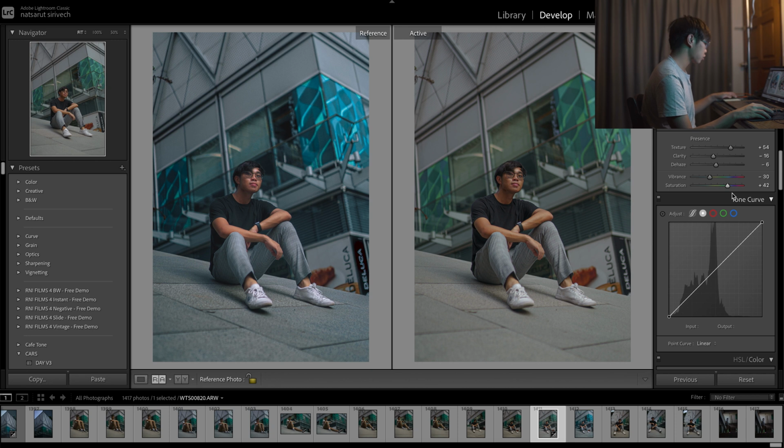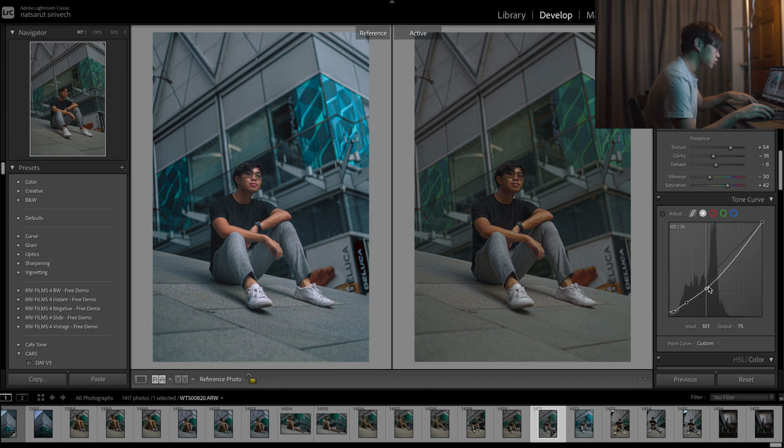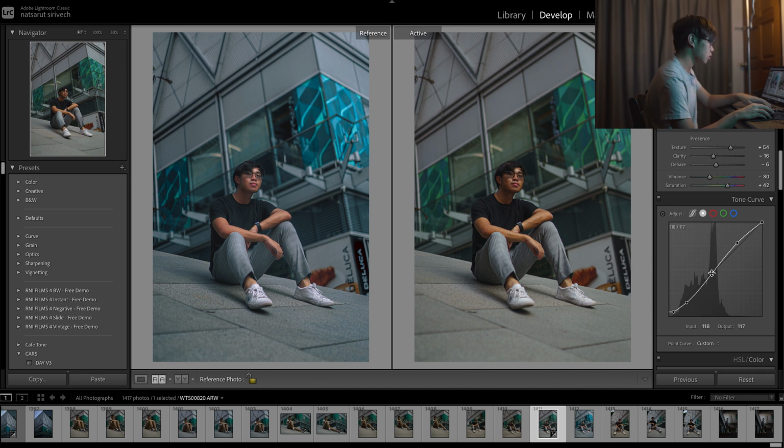Next, I'm gonna go to the tone curve. The tone curve, we're gonna start with the RGB first. So from here, we're gonna pull up the black point. So we're gonna have some fade into the photo. It's not gonna be too much. Then I'm gonna bring down the shadows a little bit. Bring down the shadows. Bring up the mid-tone. And yeah, a lot more mid-tone on it. Bring up some highlights. Okay. Okay, before and after, it looks perfectly fine.